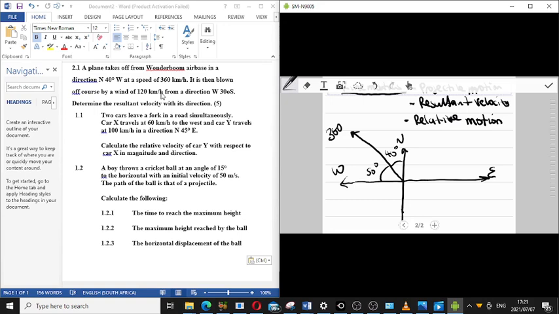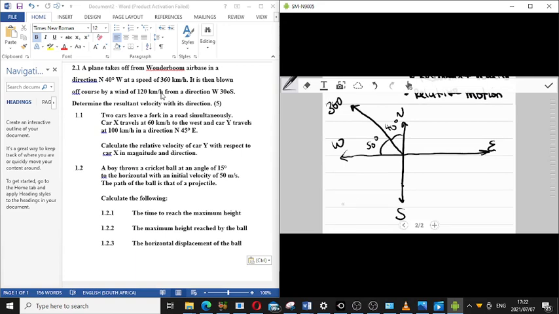And then it is blown off by a wind. The wind is moving at a speed of 120 kilometers per hour from the direction of west 30 degrees south. We show it by R, which is west 30 degrees south. So this is the 30 degrees south, moving at a speed of 120 kilometers per hour. That's the canvas that you have to draw, showing the direction of the forces.